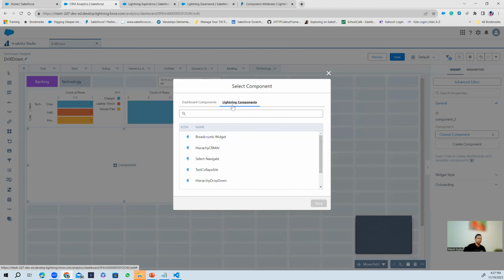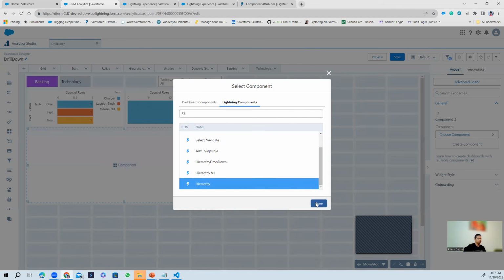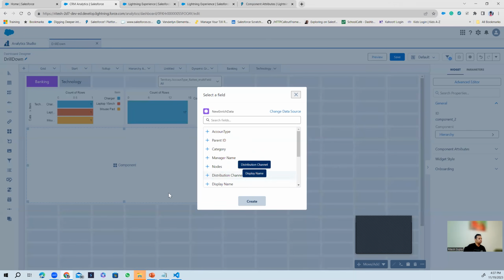You can see that Lightning components are there. The moment it's uploaded, you can see we have different components. I need to pick my hierarchy. This is my LWC component. And to use that in VS Code, we also need to use a plugin, the LWC components CRM Analytics plugin. After that, we can